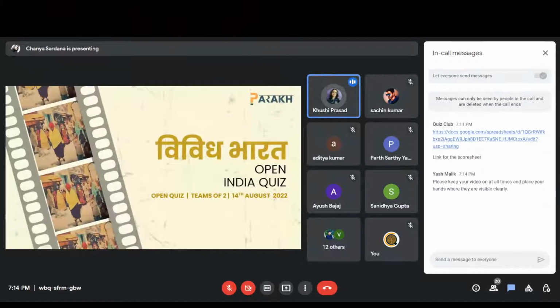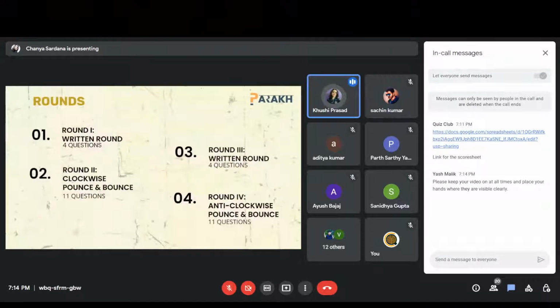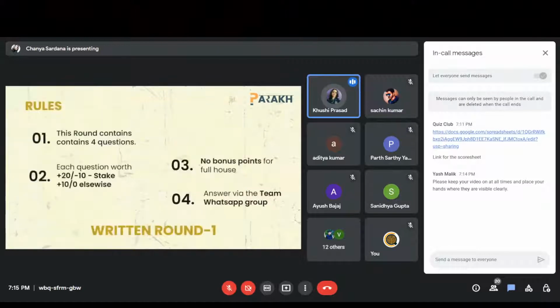So we have 4 rounds in this quiz. First round will be a written round with 4 questions. Second round will be a pounce and bounce with 11 questions. Third round will again be a written round with 4 questions, and similarly fourth round will be a pounce and bounce round. So starting with the first round, which is a written round, the rules are: this round contains 4